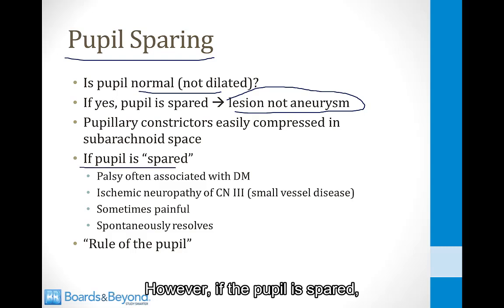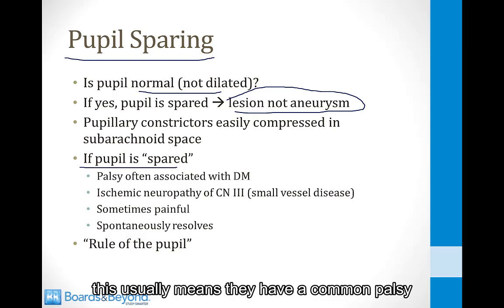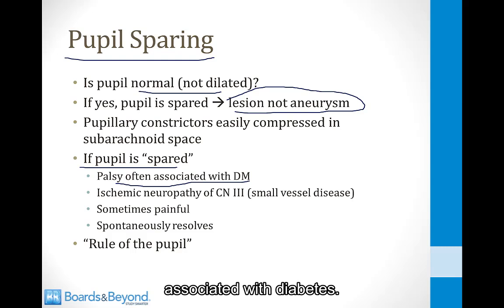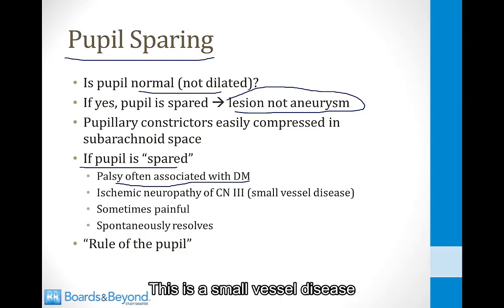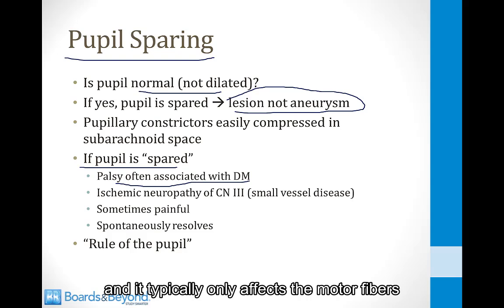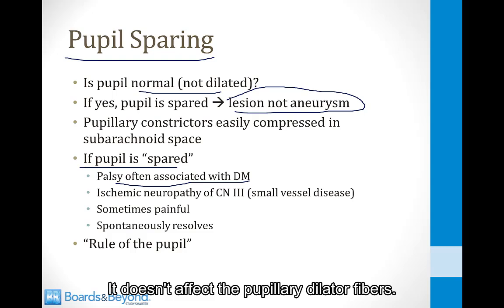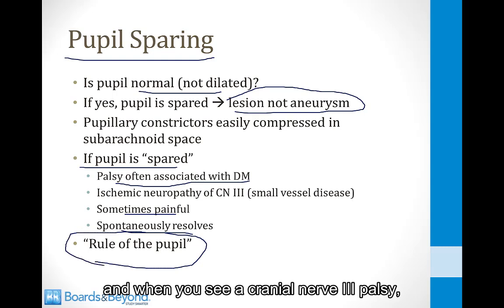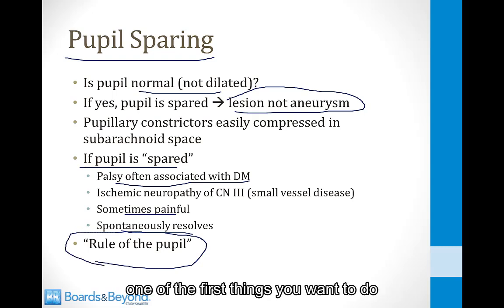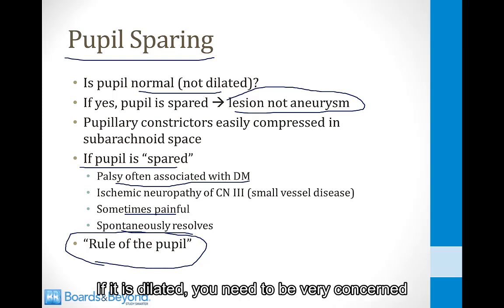However, if the pupil is spared, this usually means they have a common palsy associated with diabetes. There's ischemic neuropathy of cranial nerve 3. This is a small vessel disease, and it typically only affects the motor fibers to the third cranial nerve. It doesn't affect the pupillary dilator fibers. This can sometimes be painful, and it usually spontaneously resolves. So this is called the rule of the pupil. When you see a cranial nerve 3 palsy, one of the first things you want to do is see if the pupil is dilated or not. If it is dilated, you need to be very concerned that that patient could have an aneurysm or other mass